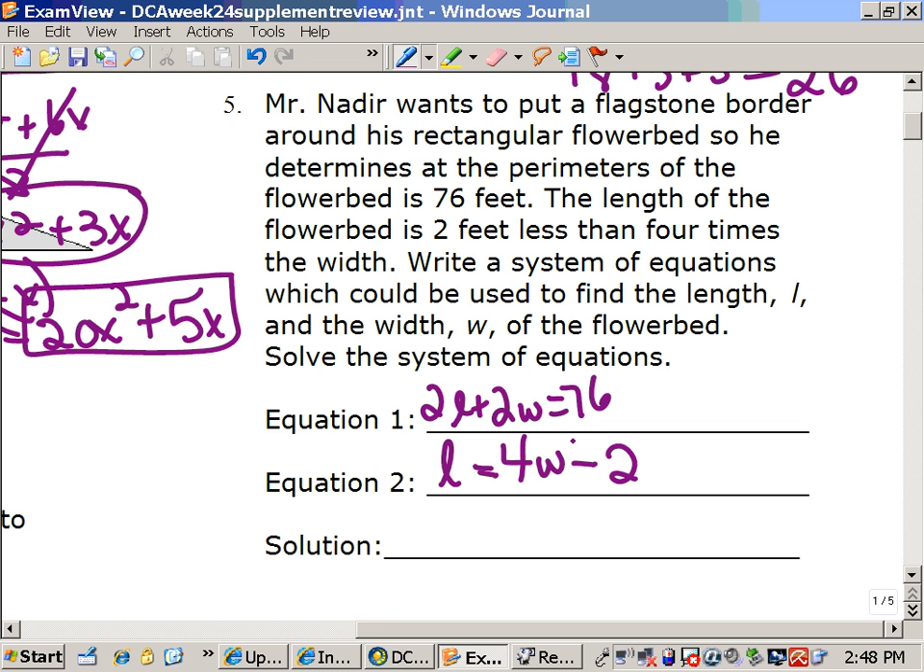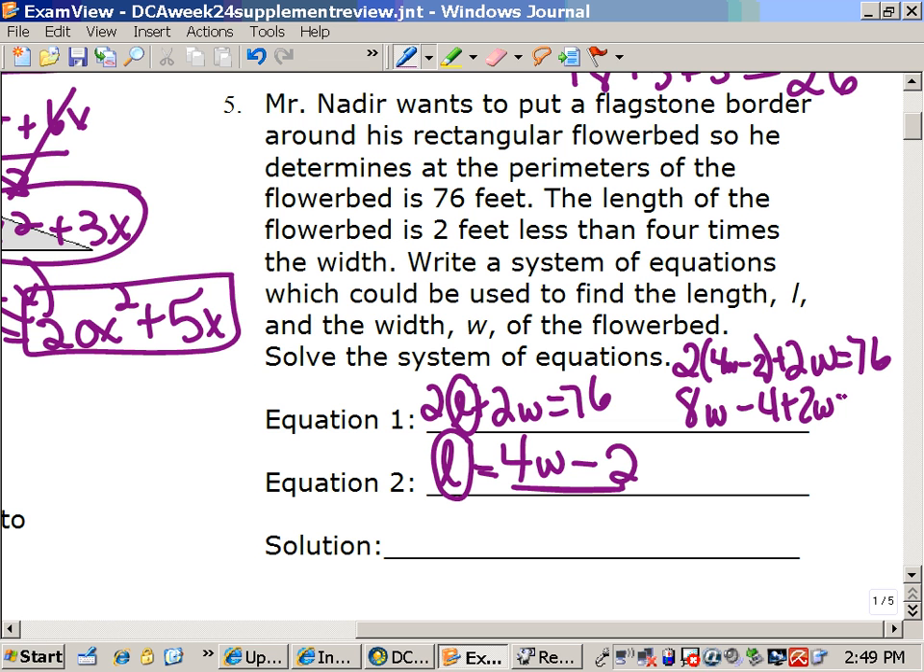Now to find the solution to this, I'm going to use substitution because I have a variable that's by itself right here. So I'm going to circle the variable by itself and circle the same variable in the other equation. I'm going to rewrite my equations, dropping out the L. And then I've got to put the 4W minus 2 in the place of the L. Distribute 8W minus 4